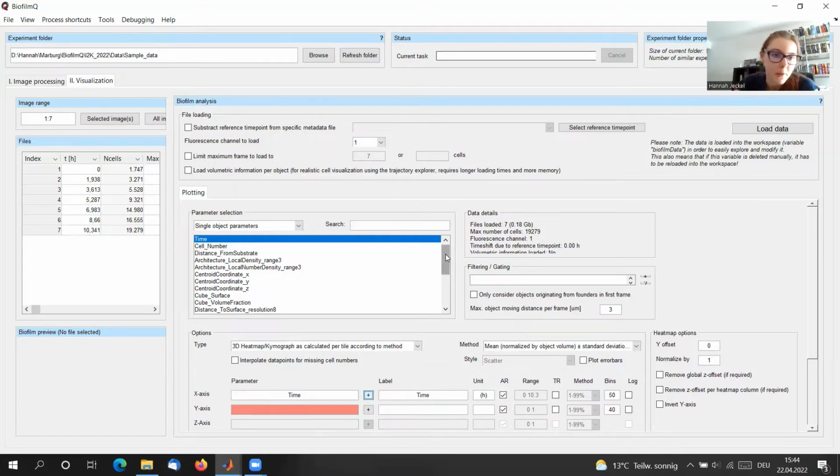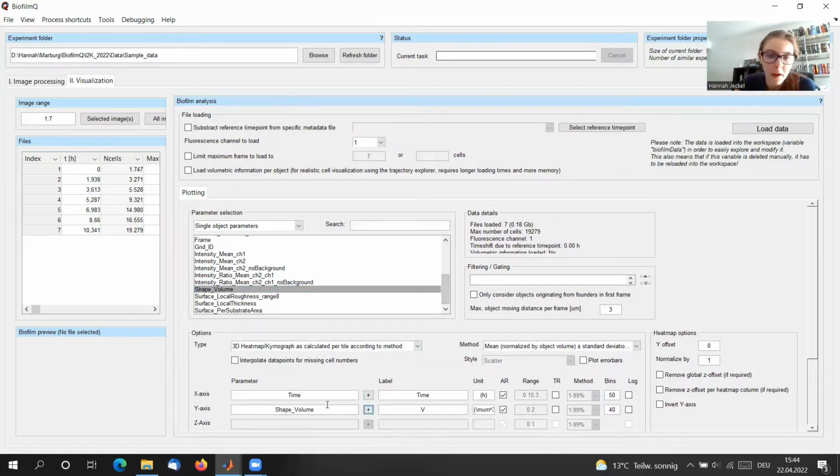So I can look at time, and I can choose another property that I want to display over time, for example, the volume of cells. Then here I can choose a method. This method is particularly interesting if I have some form of binning. For example, if I want to look at something over time, what I want as a plotting method,